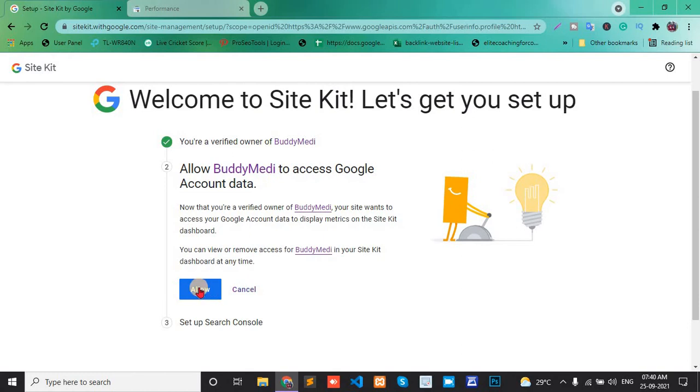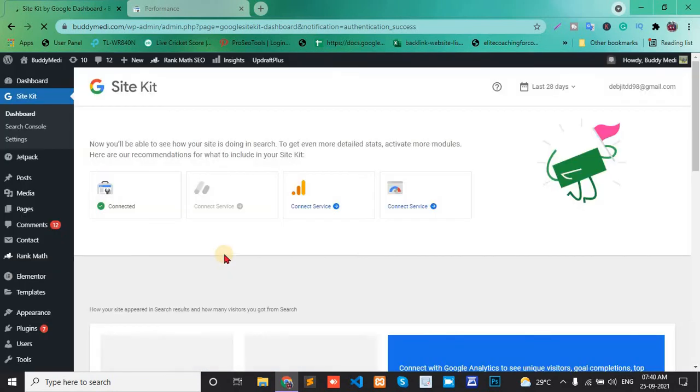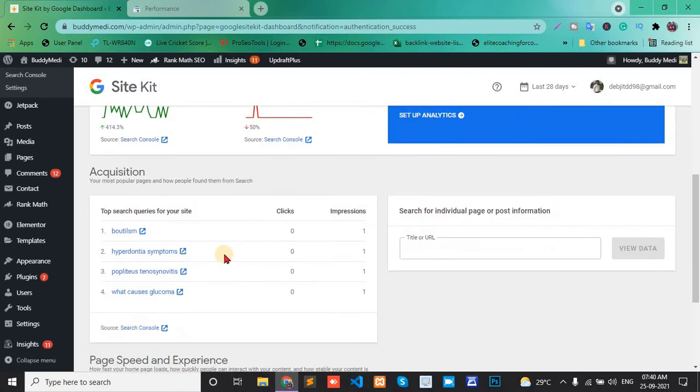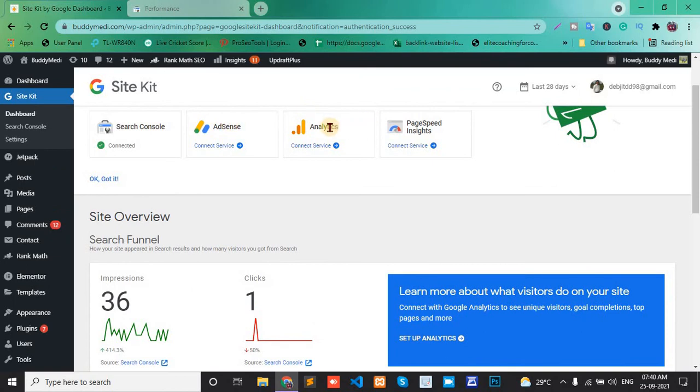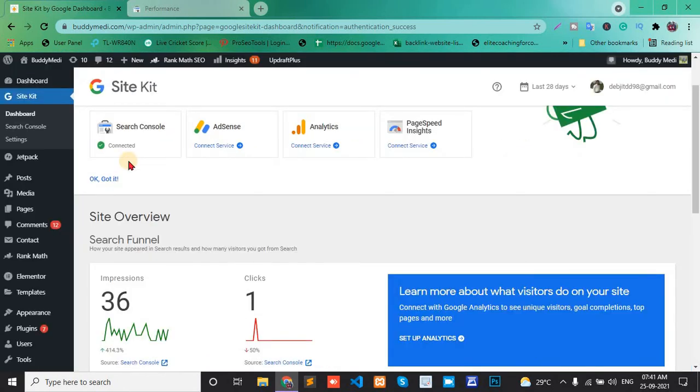And next is allow. Go to my dashboard. Here Search Console is connected. Okay,